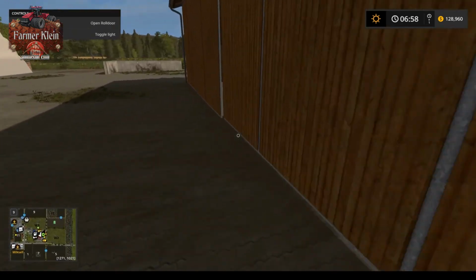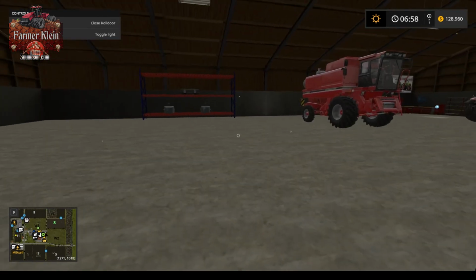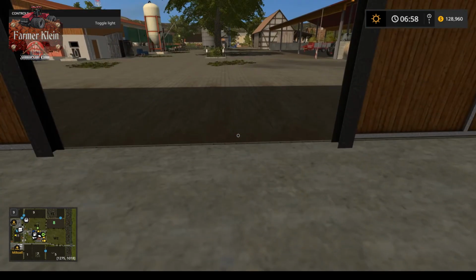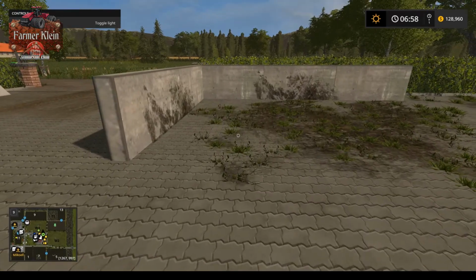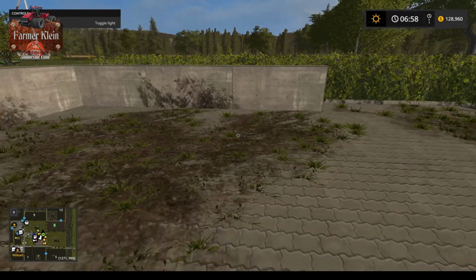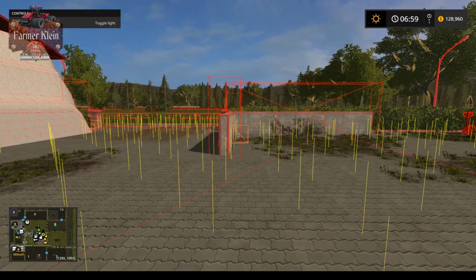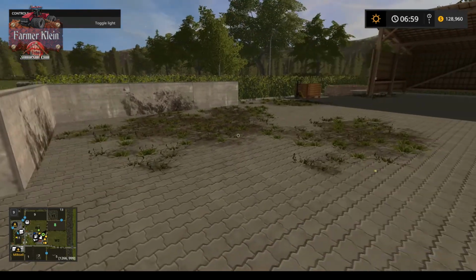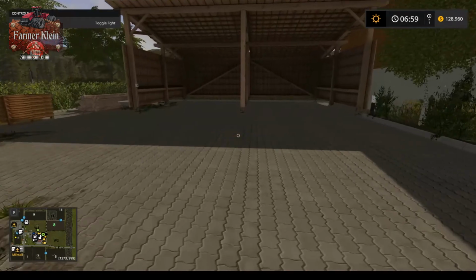A fair bit of vehicle storage here in this shed. We also have our weights and our pallet forks over here. And this particular area is what I'm best guessing, because it does have collisions. You can see the red boxes there. I'm guessing this is just a tip point for root crop storage. We've got some additional